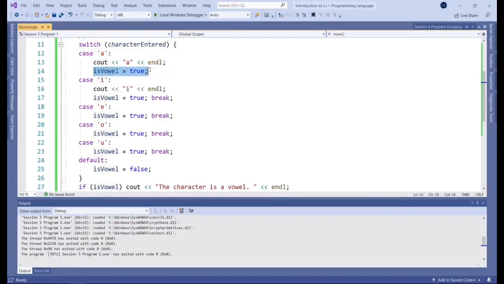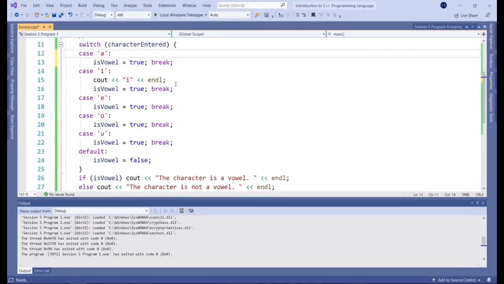It set isVowel true, but because we did not have that break statement, it cascaded on to the next case below it, which was I. And in this case, it was intentional, but you can see how if you forget to include the breaks, it can become unintentional behavior and it can cause bugs in your program.